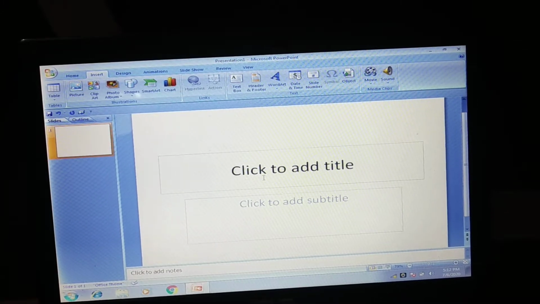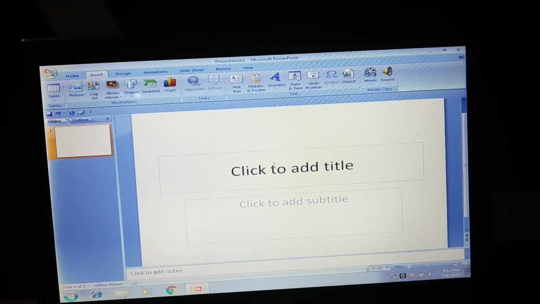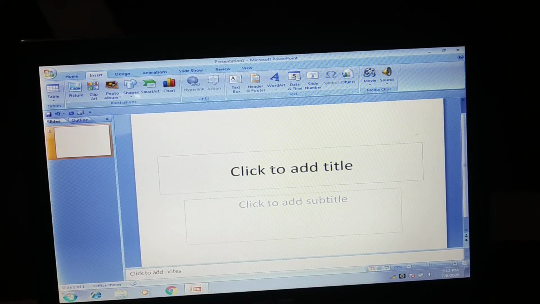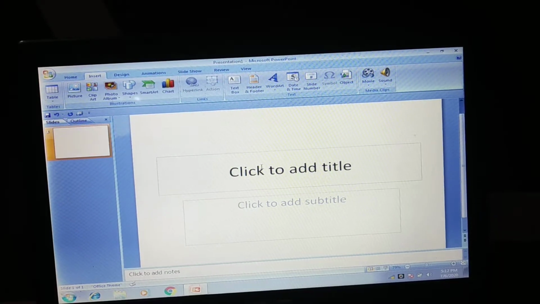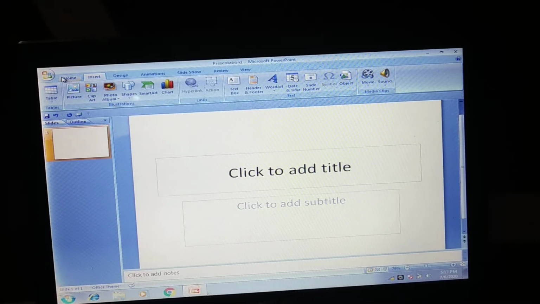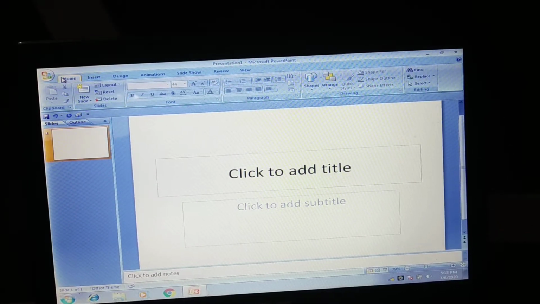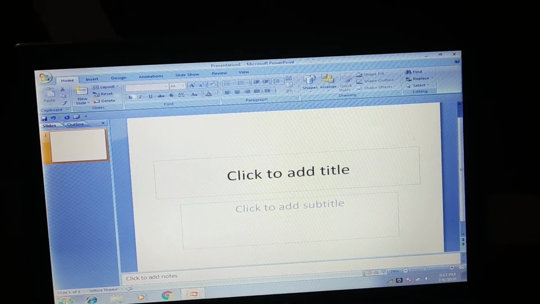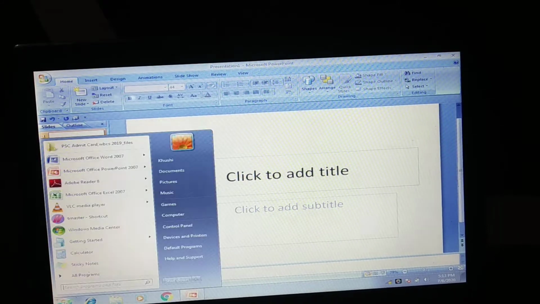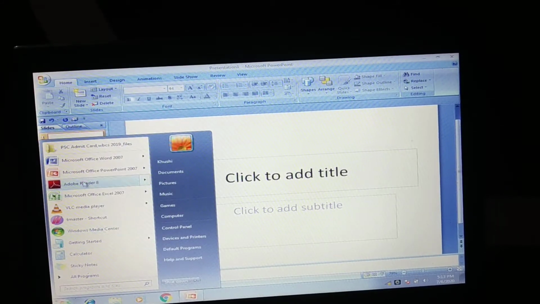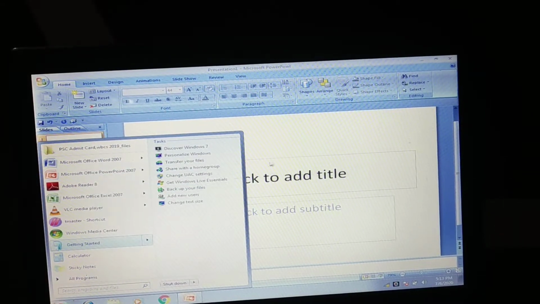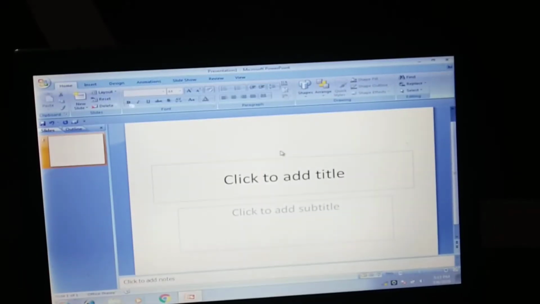Today I will start teaching you chapter 5 about Microsoft PowerPoint presentation, and I will start teaching you from page 55. Okay, let me first show you how to open MS PowerPoint. In my previous class, I have shown you that you have to click on this start button, then take this arrow up and then click on Microsoft Office PowerPoint and then open it. For showing you, I have already opened